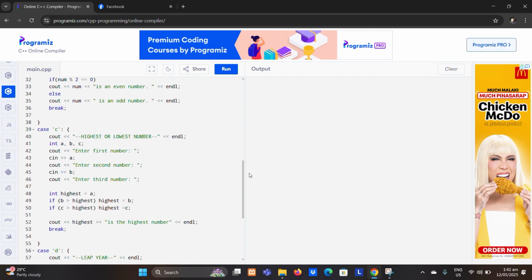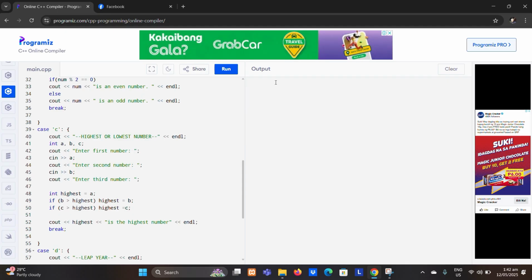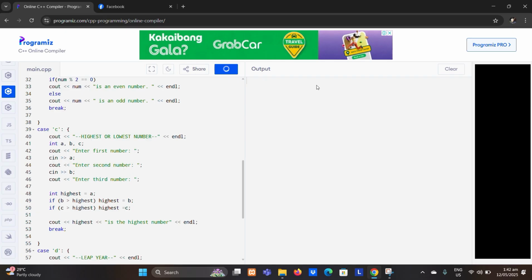The highest or lowest number. The highest or lowest number case requests three integers, compares them using if statements, and identifies and displays the largest or lowest number. Then let's run first.